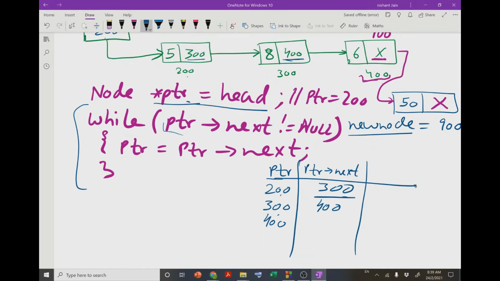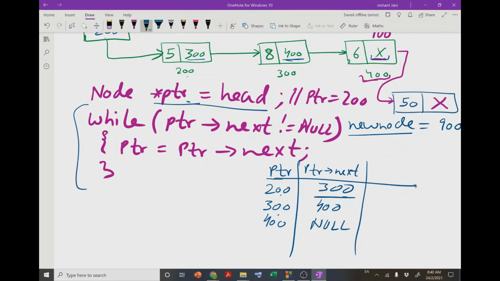Now again we come to the while condition, and at 400 next we have null. This X means null. We write X just for representation purposes, otherwise we can put null there also.